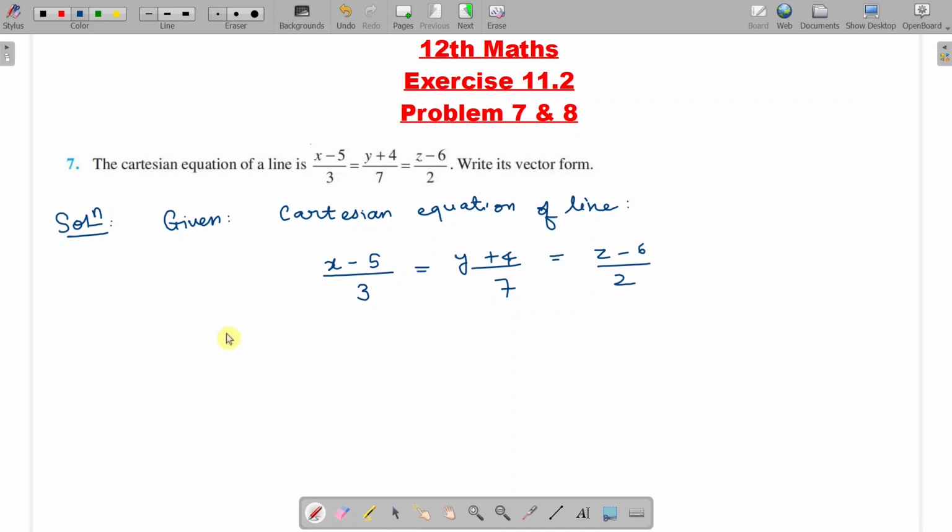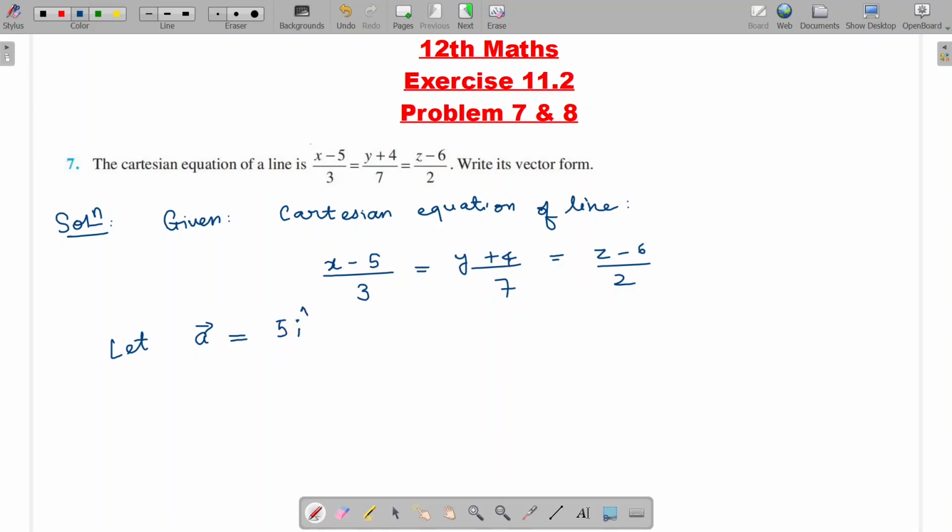Okay, so we have to write a bar, b bar and r bar to write the vector form of the equation. Okay, so this equation of a line is in the form that the line is passing through a point and is parallel to a given vector. So a bar we have to find. And how to find a bar? So this term which is there here, minus 5. Okay, so we have to write a number which has opposite sign of this minus 5, so that is 5,